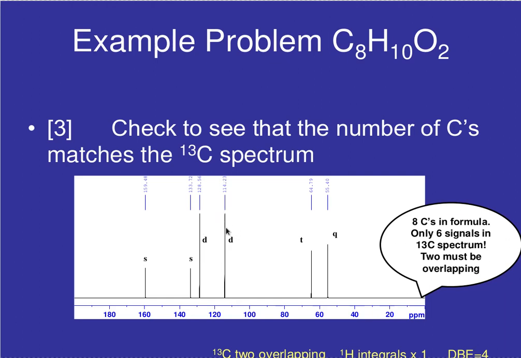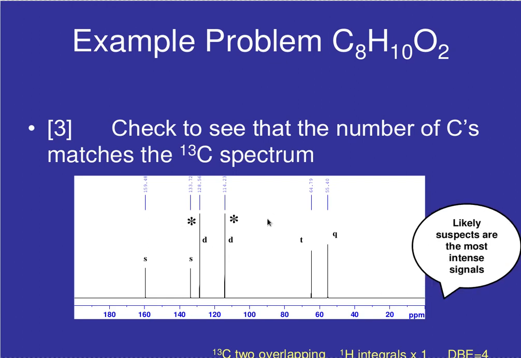And so you can see here that it is quite likely that we have overlap at this point and overlap at this point. So the doublet, the CH here and the CH here are where we are overlapping. So this signal is going to be 2 CHs, a CH and another CH, and that will be a CH and another CH as carbons in the carbon-13 spectrum. And then we've got some quaternary carbons and some other signals floating around. So 2 must be overlapping. Okay, and so these are our likely suspects. Of course, if something goes wrong, we may have to think very carefully and revise this decision, but at the moment I've identified those 2 as being the overlapping signals. Okay,